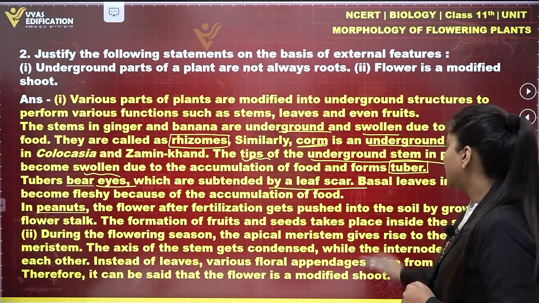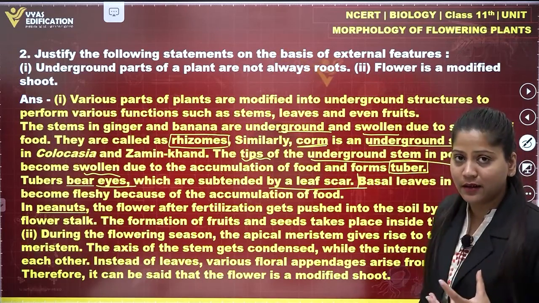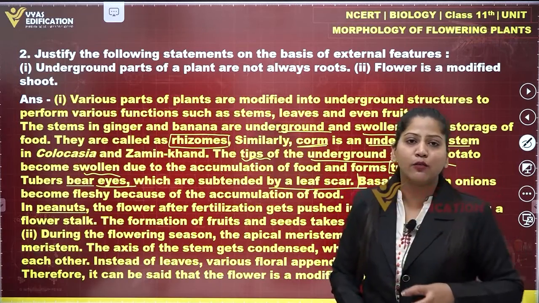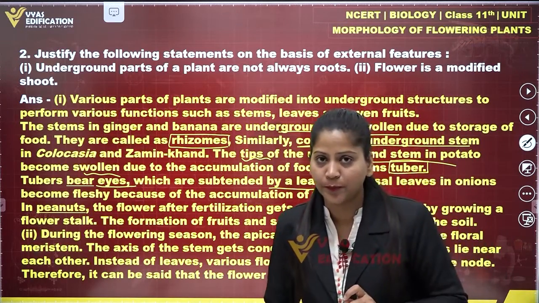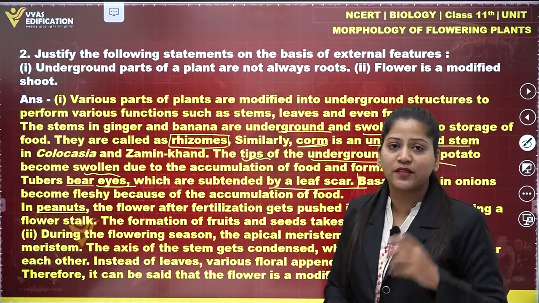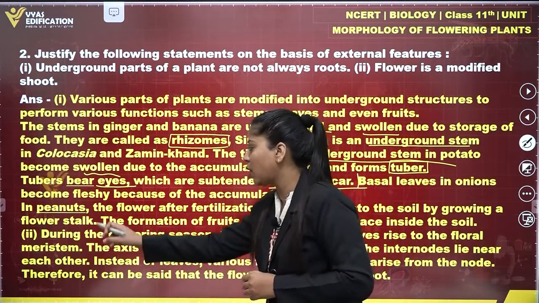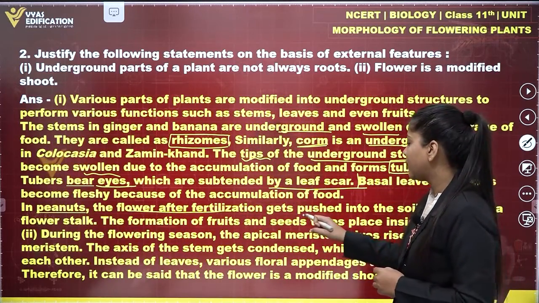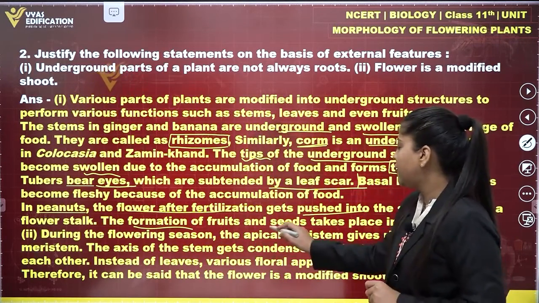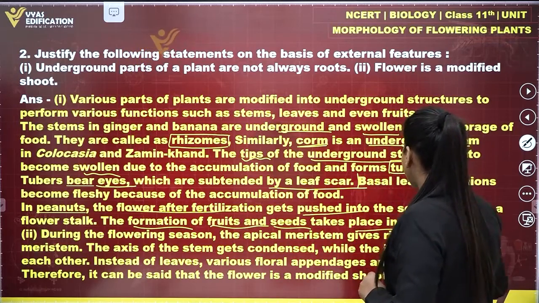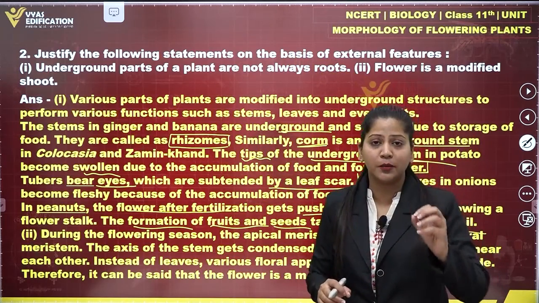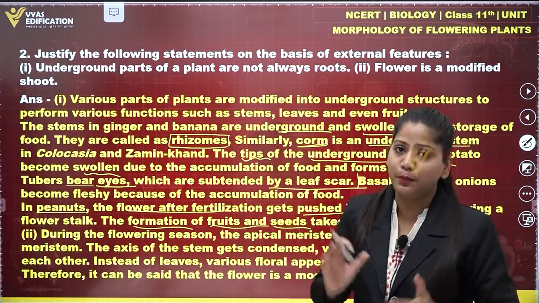Another example we have is basal leaves in onion. Basal leaves in onion become fleshy because of accumulation or storage of food. Last but not least, we have another example to justify statement number 1, that is peanuts. The flower after fertilization gets pushed into the soil, and the formation of fruits and seeds takes place inside the soil only. So these are some examples which justify statement number 1, that all underground parts of a plant